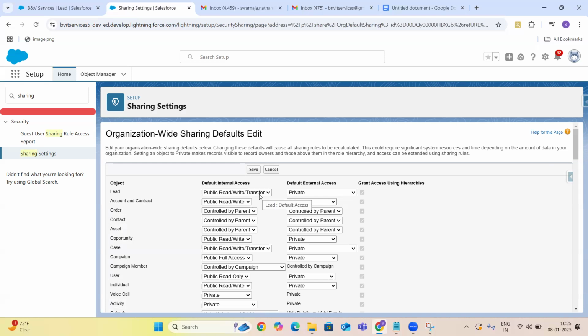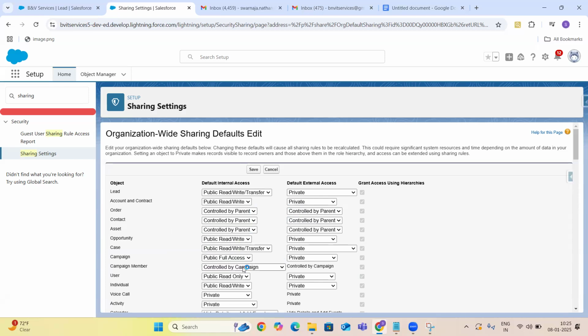Basically, those are the ones that have assignment rules, right? If you remember, we have assignment rules only for the leads and cases. So those are the two places where we transfer the records from one person to another person, right? That's the reason those two have the transfer option. For the rest of the things, like opportunities, we will not have the transfer operation.